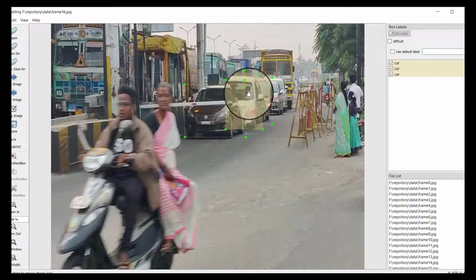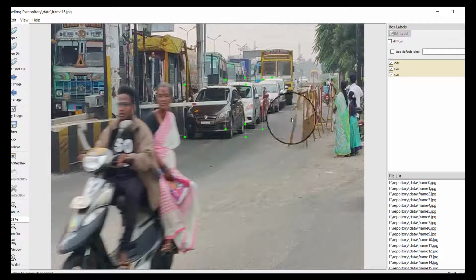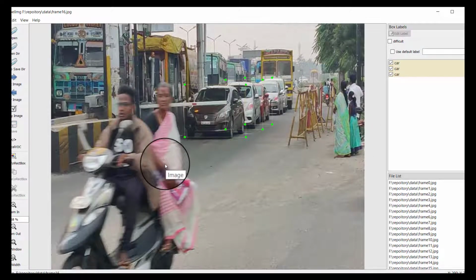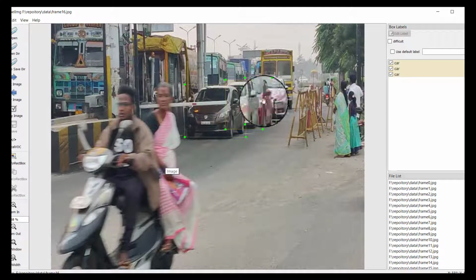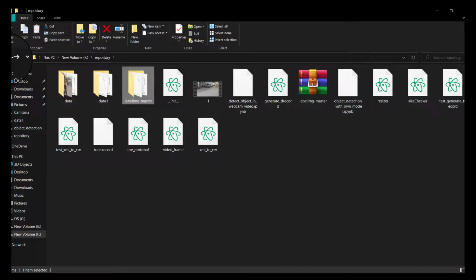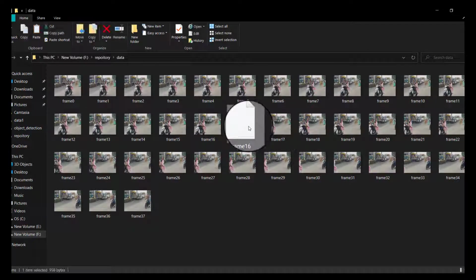Likewise, you have to label all those objects in the images that you are interested in. For the time being, I'll just label this, and after labeling you have to press Ctrl S to save these images. After saving, as you can see here, you go to data, and after labeling those images, you get an XML file. You can open it,